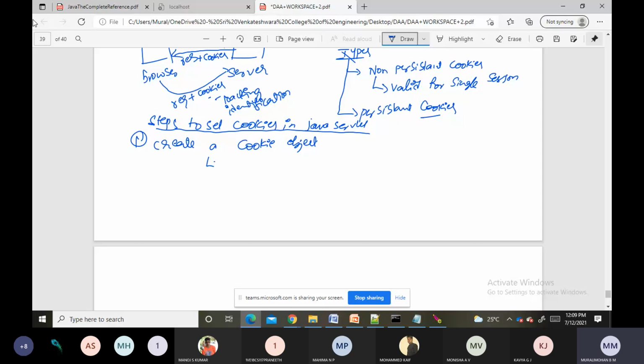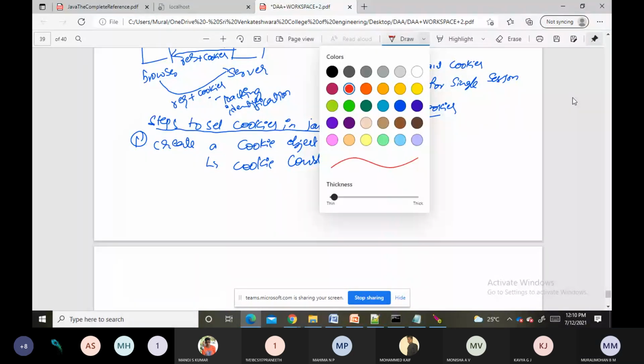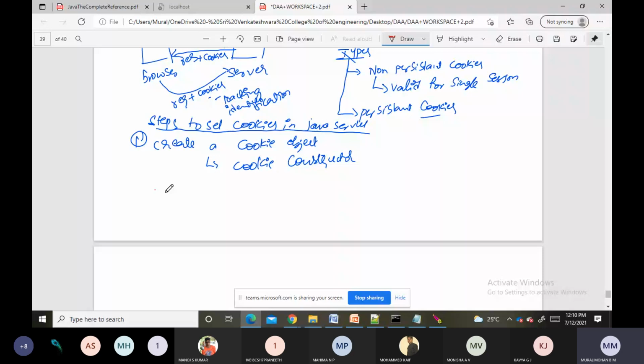So by using the cookie constructor, we can create a cookie object.